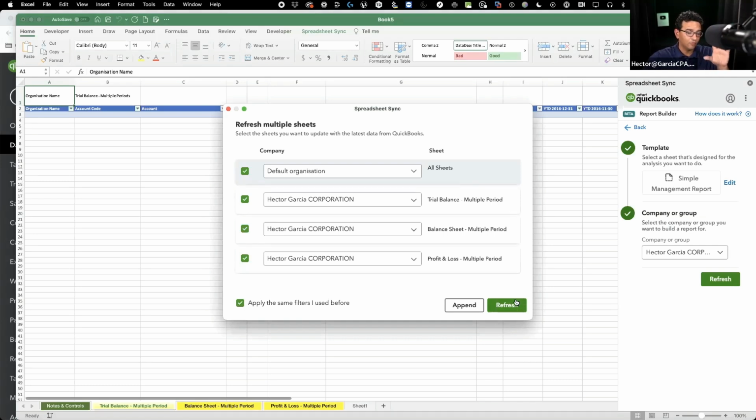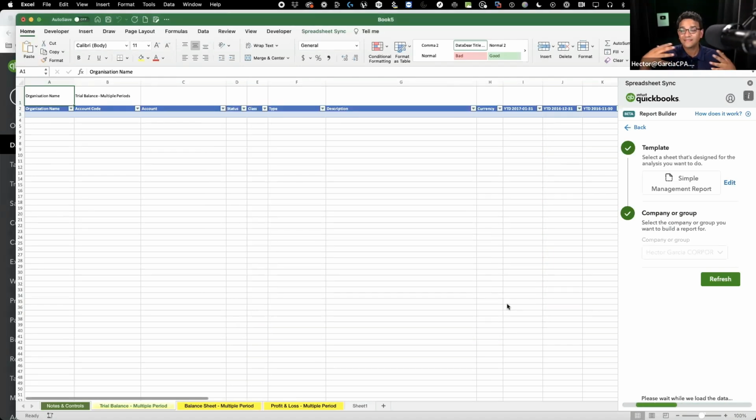So one thing that's really important. I need to make a quick premise here. You can actually connect multiple QuickBooks Online Advanced accounts to Spreadsheet Sync, and you can essentially consolidate data with Spreadsheet Sync. That's the future. That's what feels promising about this tool. And I'm excited to see when it's working, how that's going to work for consolidation, because that's going to be useful. Very, very useful. A lot of QuickBooks Advanced customers have multiple companies, and you want to be able to